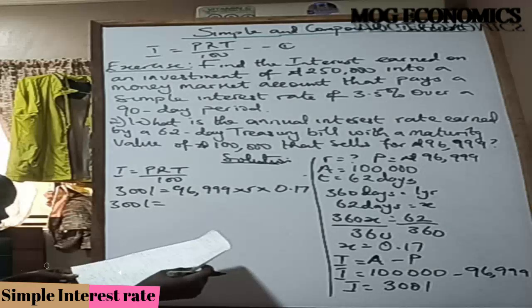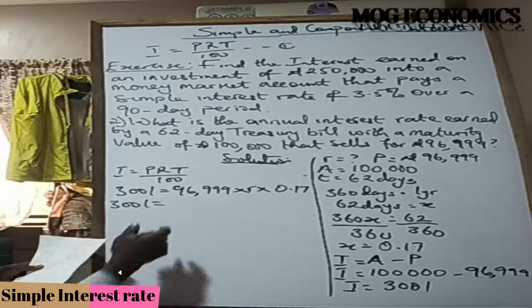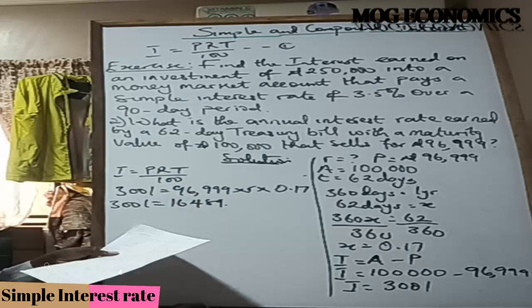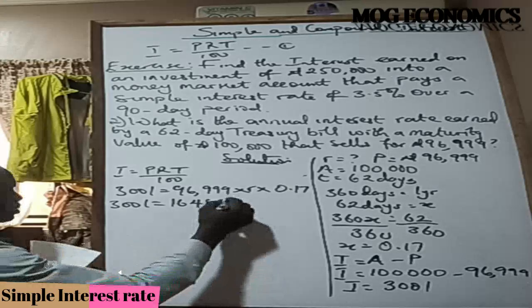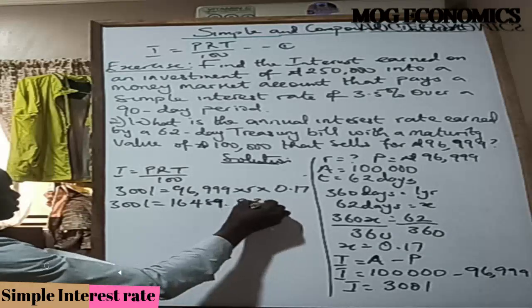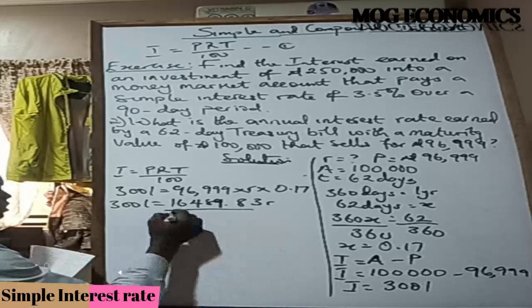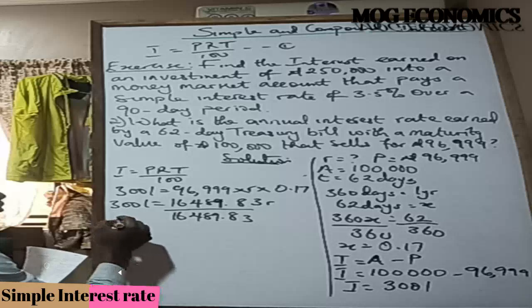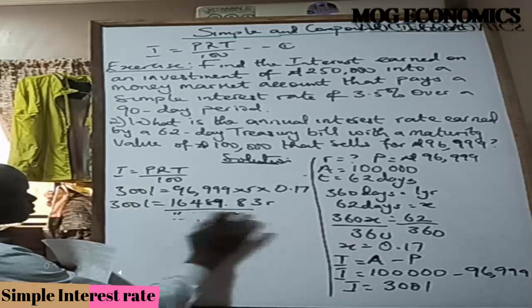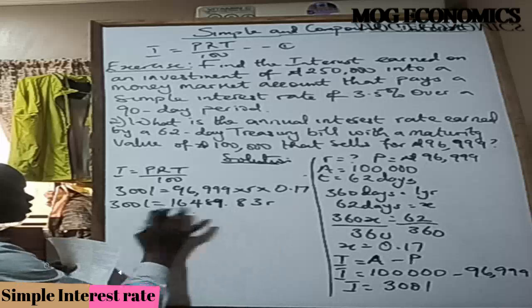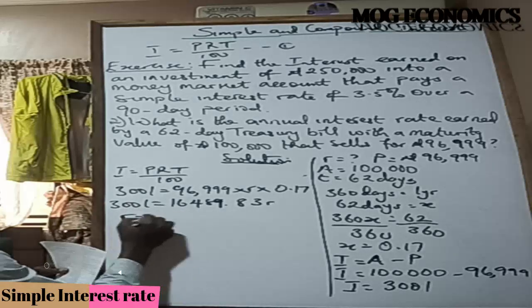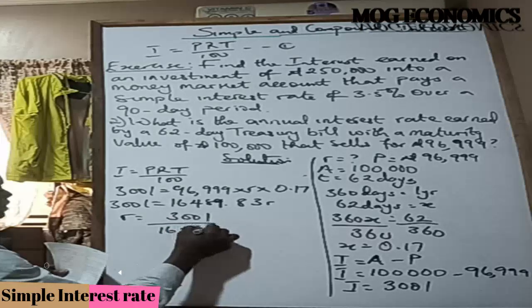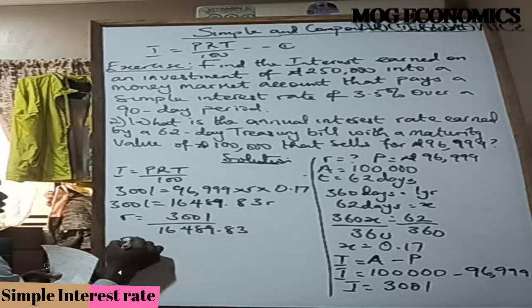16489.83. So when you divide through by 16489.83, let's just say R equals 3001 divided by 16489.83, and then R will give us